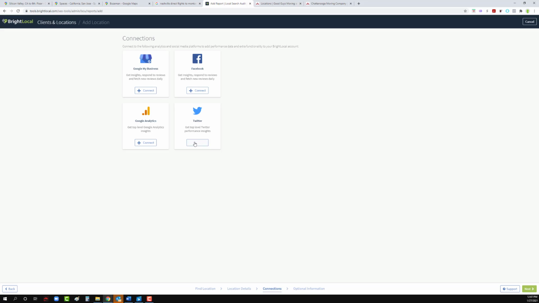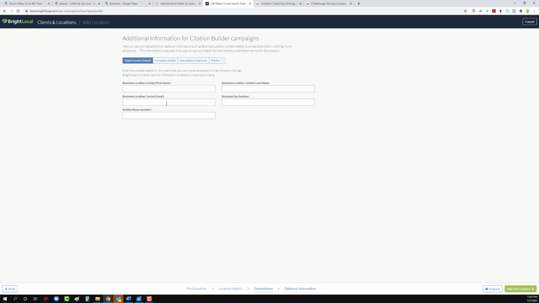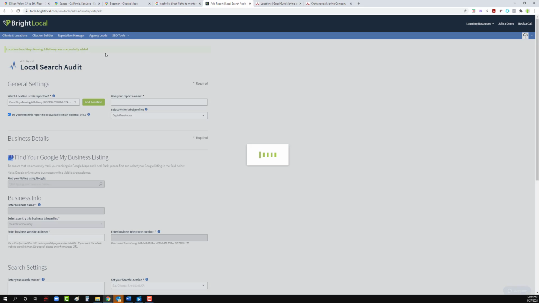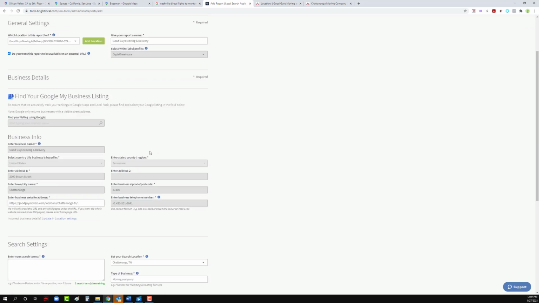And I'm not going to connect any accounts because I don't have access to any of those accounts. This is like your CRM, to manage your clients or your contacts. I'm going to go ahead and skip that and just add the location. Okay, so